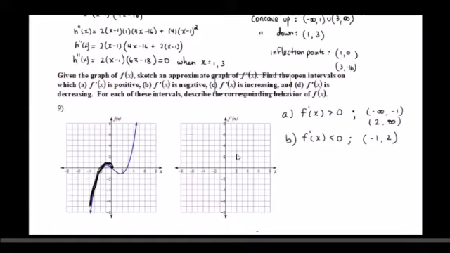And then change colors here. This piece of the graph, starting about right here to here. This red part of the graph that I've highlighted, that's concave up. So the red part of the graph, concave up, that means the second derivative is positive. Remember, concave up means the second derivative is positive. If the second derivative is positive, that means f prime of x is increasing. So f prime of x is increasing wherever the second derivative is positive, and the second derivative is positive right here on this concave up part of the graph. So for part C,